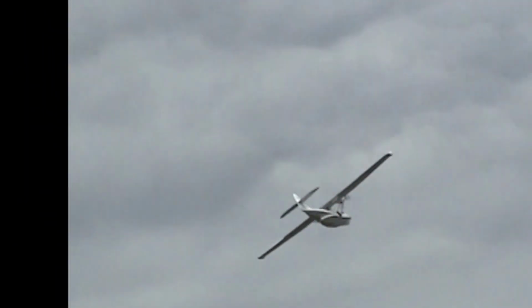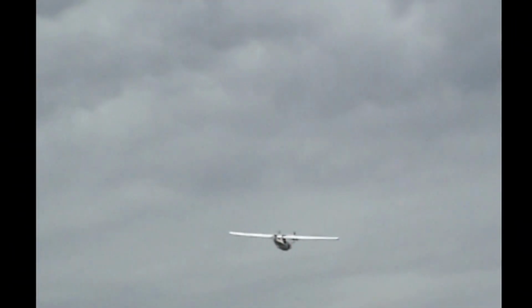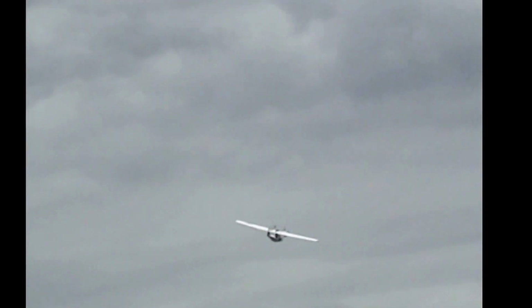The action for which Cruikshank received the VC was remarkable. He was hit in 72 places on his body and his navigator was killed, yet still they managed to bring the Catalina back